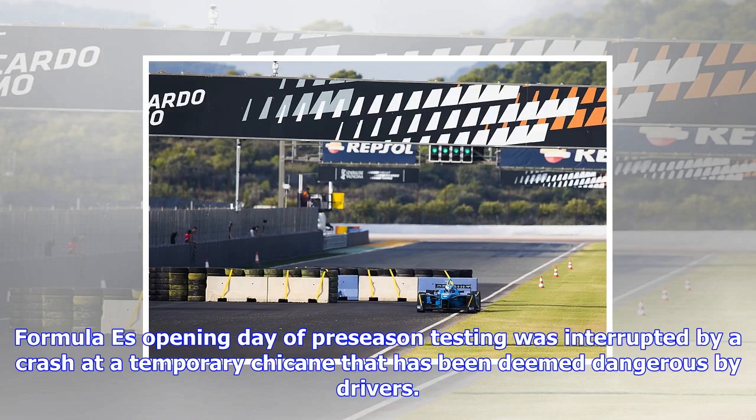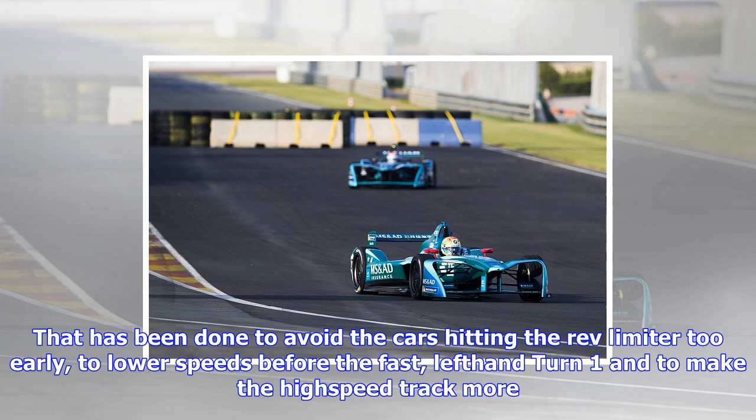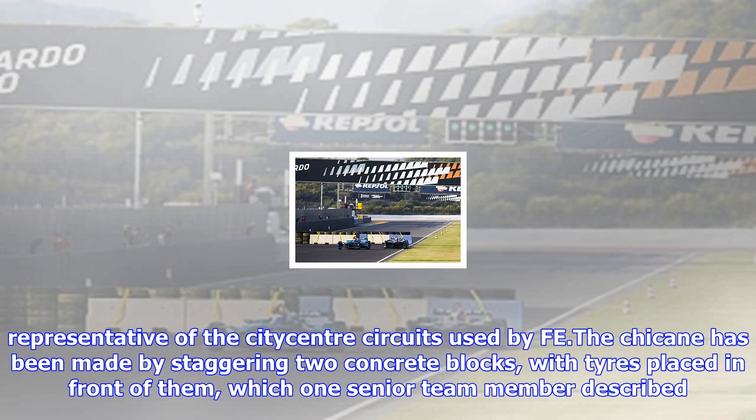Formula E's opening day of preseason testing was interrupted by a crash at a temporary chicane that has been deemed dangerous by drivers. The electric single-seater series is using Valencia's national configuration, with a chicane inserted three-quarters of the way down the main straight. That has been done to avoid the cars hitting the rev limiter too early, to lower speeds before the fast, left-hand Turn 1 and to make the high-speed track more representative of the city center circuits